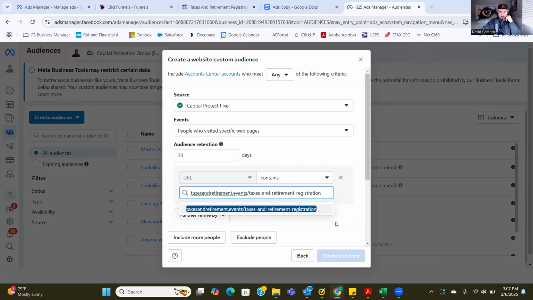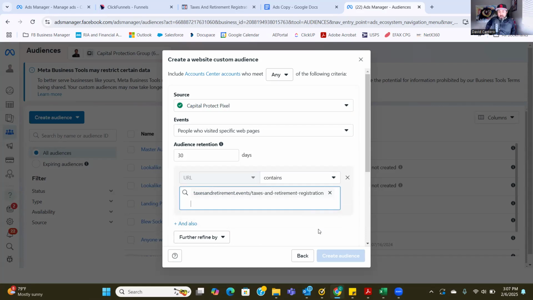And so go ahead and click on the blue right there. Click on that one. So that's it right there. And the audience retention, change that from 30 to 180. 180 is the max that Facebook will keep people in this audience for, 180 days. And so what we want to do is make it very specific. This is going to be a custom audience of those who land on the landing page but never opted in,